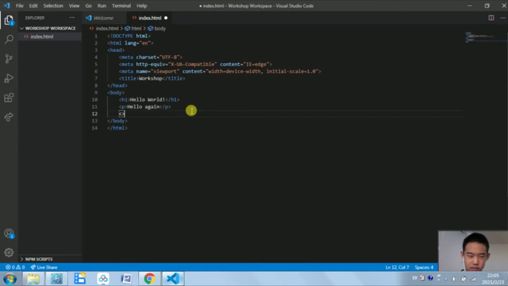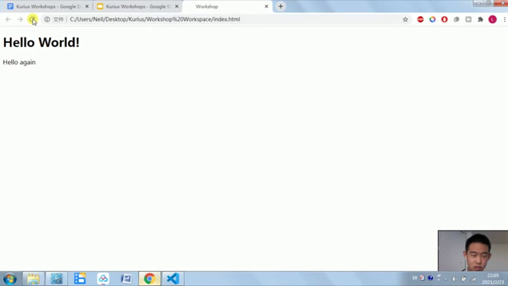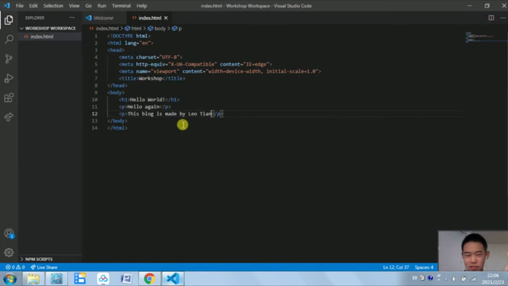So say we said, let's just do another P tag. We said, no, this blog is made by Leo Tian. We're looking at this. We're like, I don't want this. This looks too long. I want a line break right in the middle there. So, of course, as you may expect, there's actually an element for that, and that is the line break element,